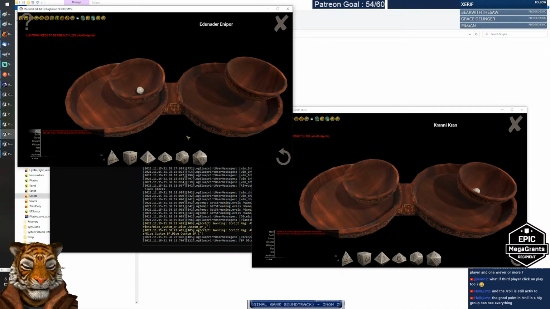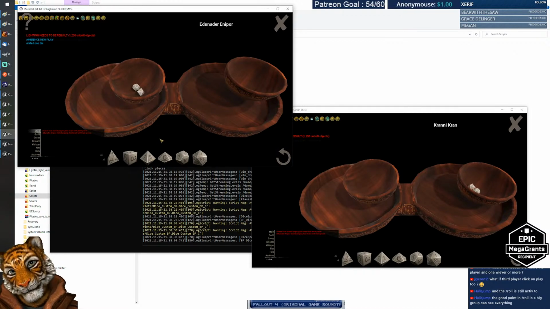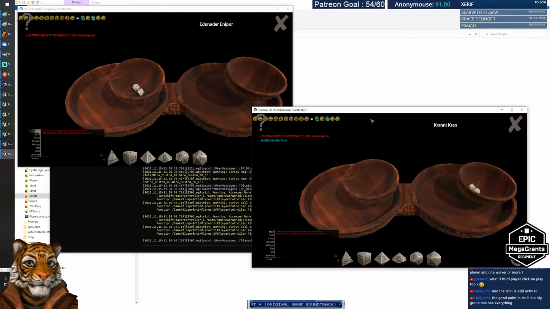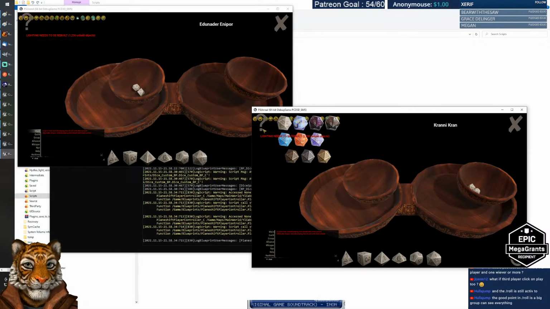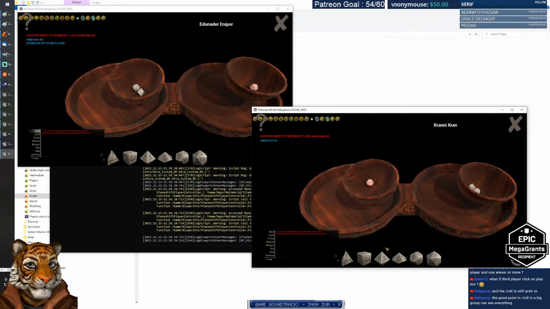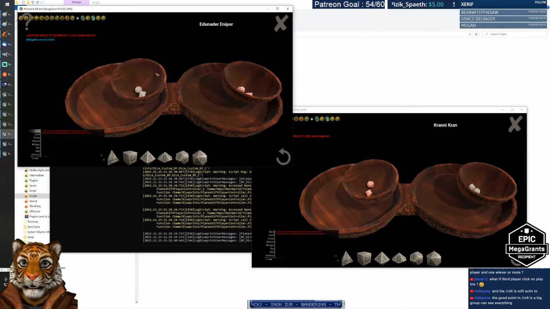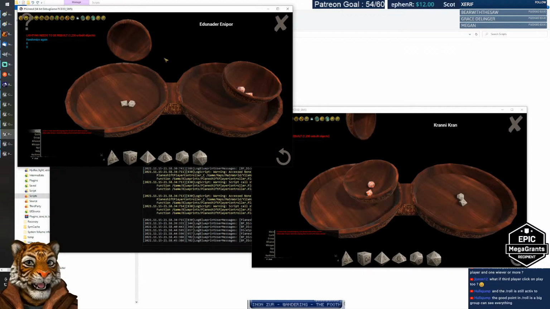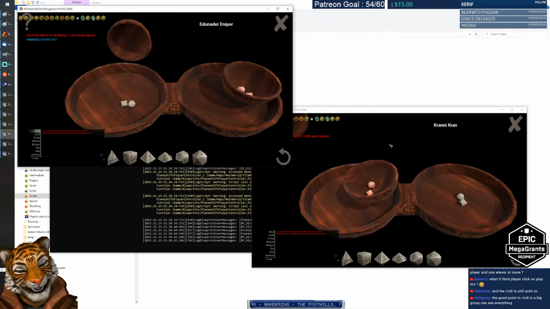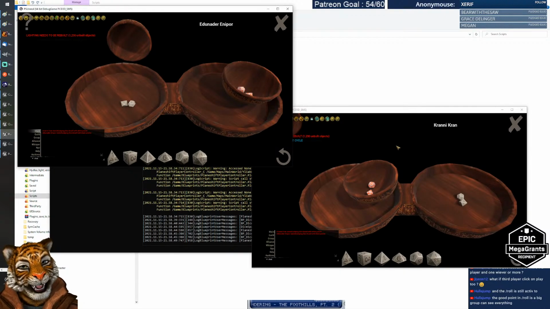Now we have the right color of the die. Yes, I need to fix the physics on the other side. But let's do a D12 and a D8, okay? And let's do a D12 and a D8 with a different color. And now I shake. Oh my god, that cup. Yeah, because the cup doesn't know that it's the second cup, and so it's using the same animation as the first cup. But anyway,